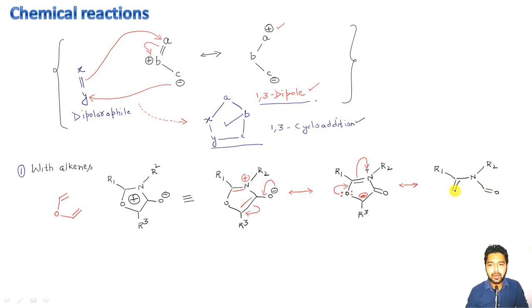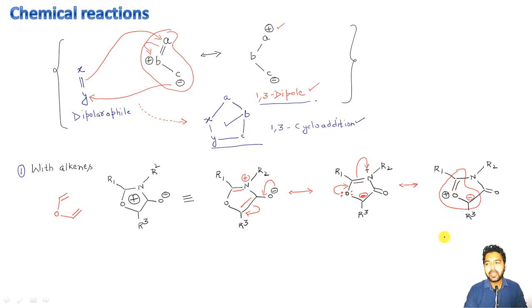This will now become a double bond oxygen here, having a positive charge because oxygen here is forming three bonds. A single bond here, then this R3 like this, okay? And definitely this positive charge will now disappear from this nitrogen atom, and this is also having a negative charge here like this. And now if you please compare this part here of the 1,3 dipole with this one, it is exactly the same.